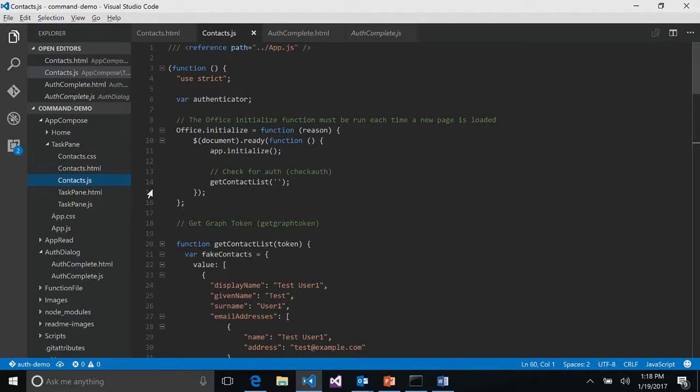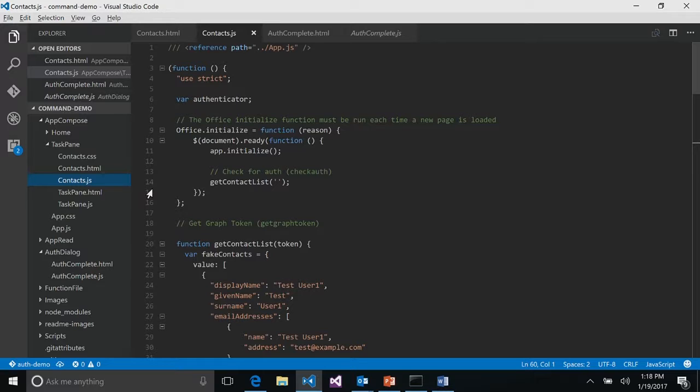So let's look at the code behind, the contact JS file. Here is the entry point to any add-in, this Office initialize. We execute this when the page loads, and this is what hooks up your web page back to the Office app. And we can do any initialization in there.